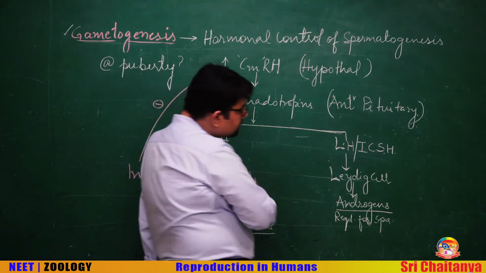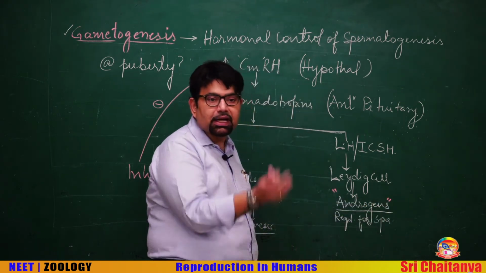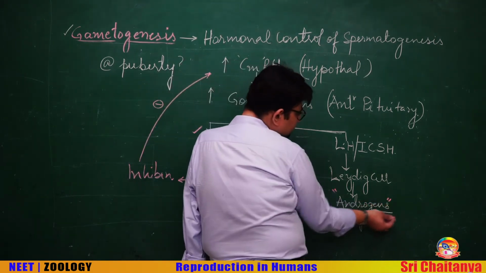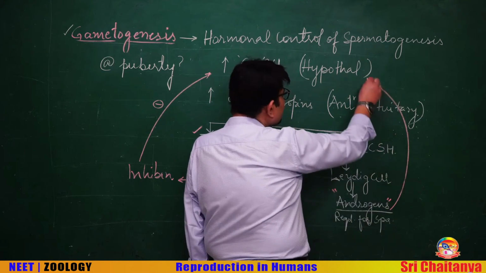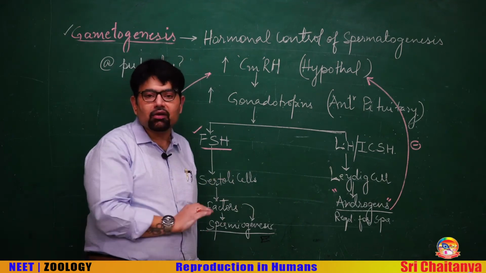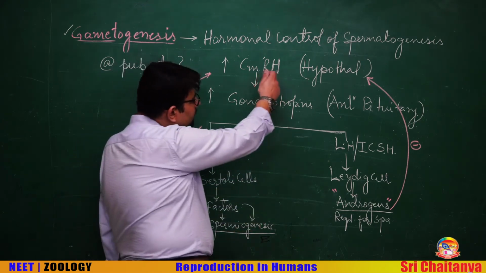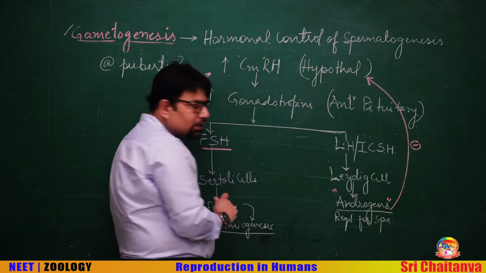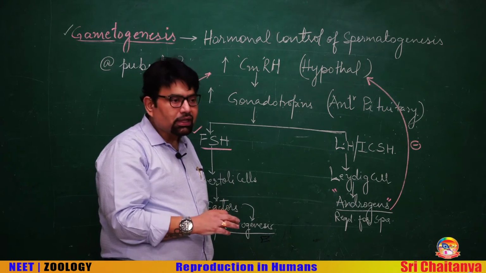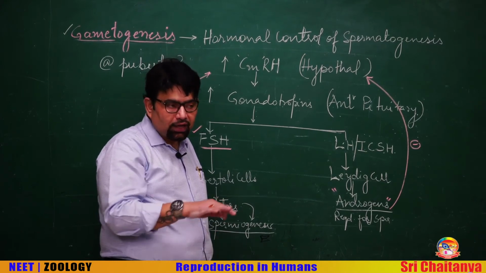The level of LH is controlled directly by the level of androgens by a negative feedback system. If the level of androgens rises beyond the threshold, then again it will negatively impact the release of GnRH, thereby controlling the level of LH. So this is a hormonal control mechanism, and this is how the level of these hormones and the process remain well coordinated and well controlled.